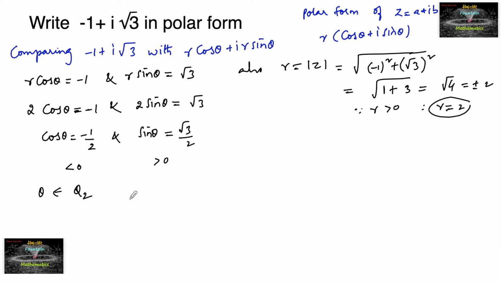In the second quadrant we will take the solution as pi minus alpha, where alpha is an acute angle. Since sin theta is equal to root 3 by 2, we can find the acute angle: sin 60 degrees, that is sin pi by 3, is equal to root 3 by 2. So let us consider sin theta is equal to sin pi by 3. So take alpha is equal to pi by 3, which is an acute angle.